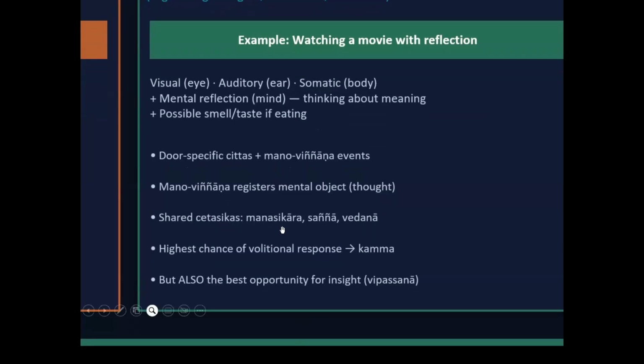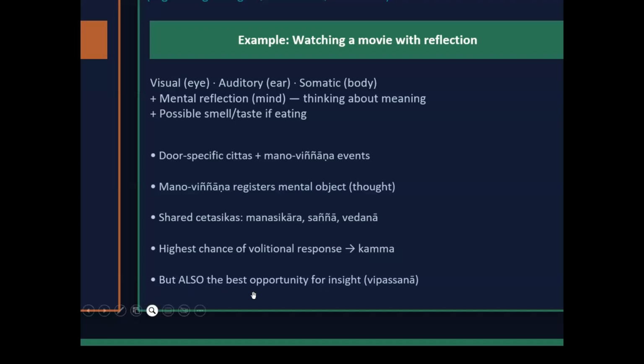You have Manasikara, Sanna, Vedana. These three shared ones will arise. And then you have the highest chance of volitional response, which creates karma. Finally, the drive to buy, to enjoy, or to watch this wonderful movie. All these are volitional things which arise at the end.